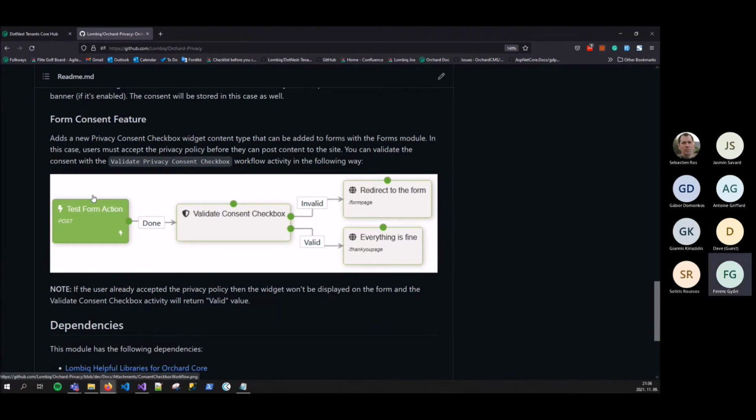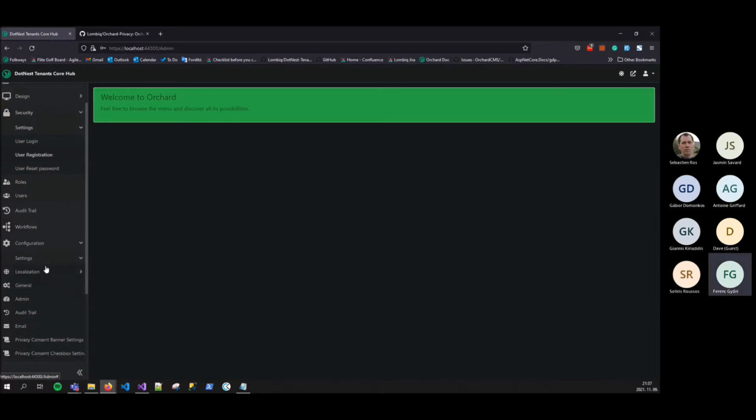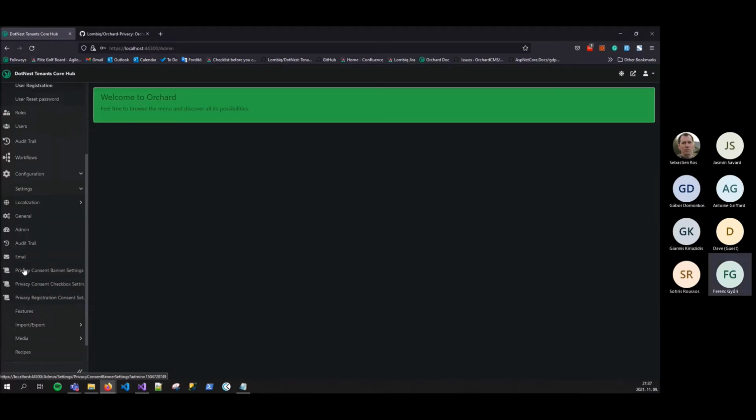It will force the user to check this checkbox if they want to submit the form, and to validate this action, I created a workflow activity too, and for every feature there is a setting section, and on these pages